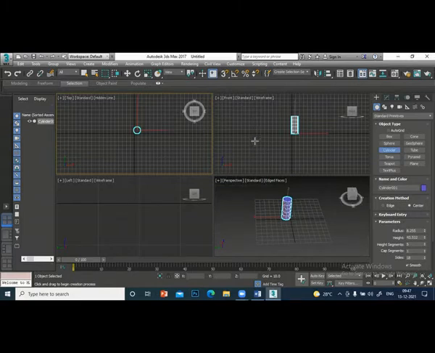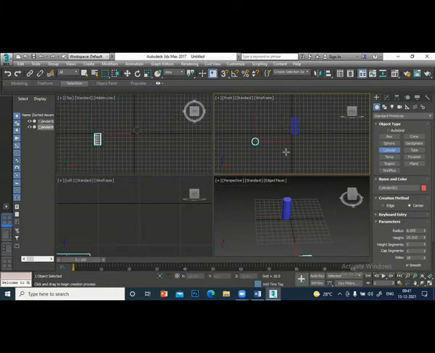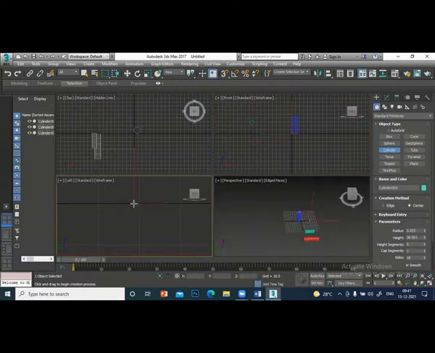But if you create the cylinder in the front viewport, you see it's creating in a different direction. So it is always better to create in the top viewport.